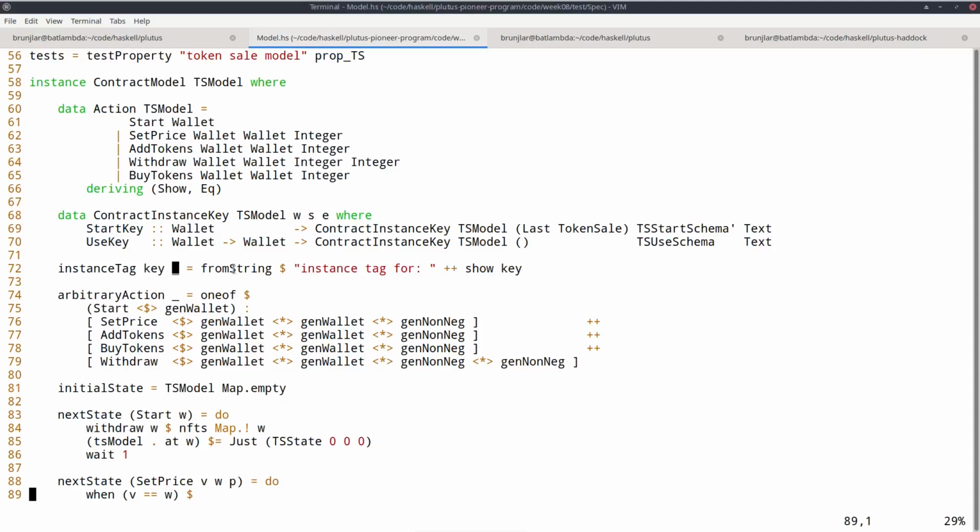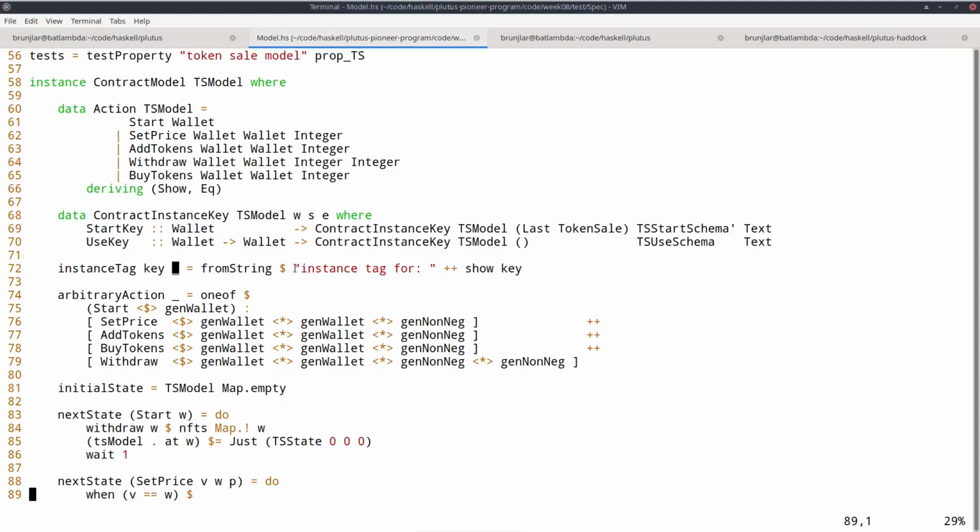And we haven't seen that class before explicitly, but we have used it all the time when we use this GHC extension for overloaded strings. So when we can use string literals to, for example, define a byte string or a token name or currency symbol, all those types implement IsString and they allow using string literals. And the way that is actually implemented is via a type class called IsString, and that in particular has a method fromString. So given a string, it converts a string into that type. And this constant instance tag type implements IsString. Therefore, if we provide a string, we can construct something of that type.